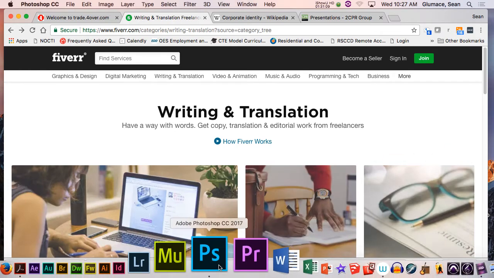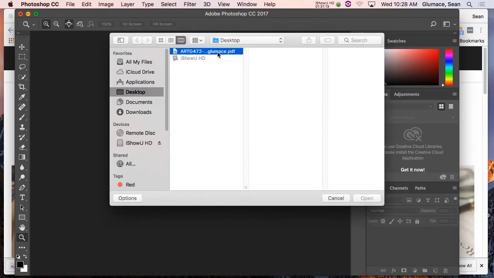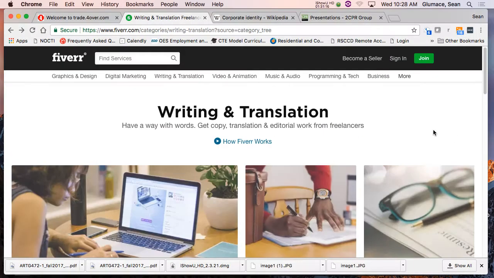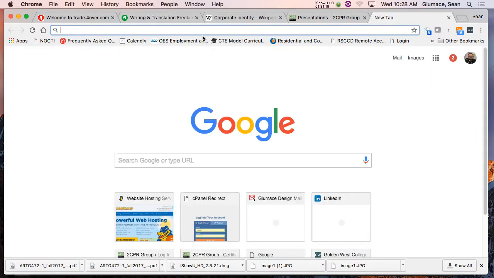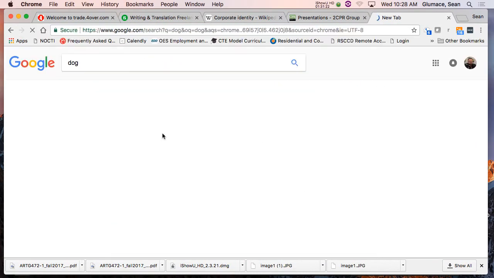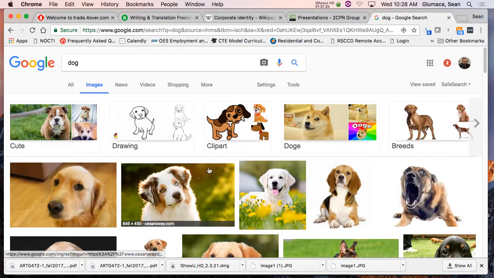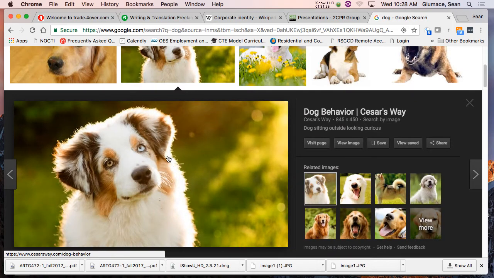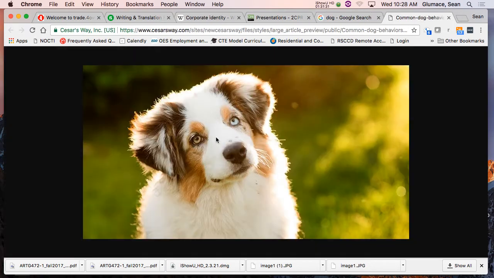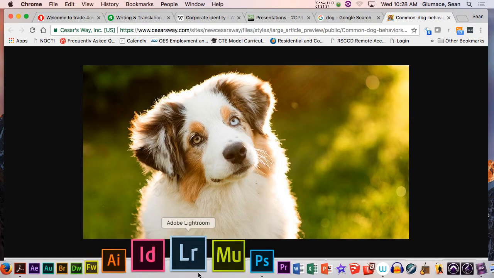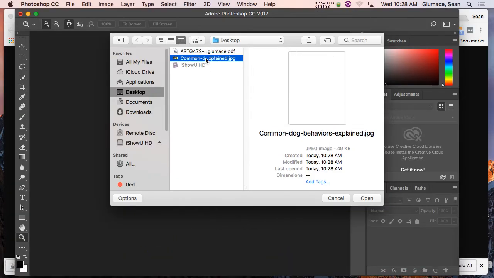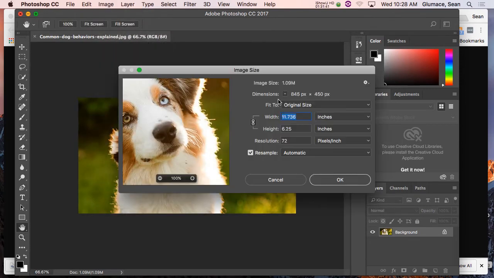And to show you, you probably already know this, but let's just open Photoshop and bring in a picture of a dog. So this image is 845 pixels by 450 at 72 DPI, or pixels per inch, PPI, but I'll just keep saying DPI because I'm used to it.